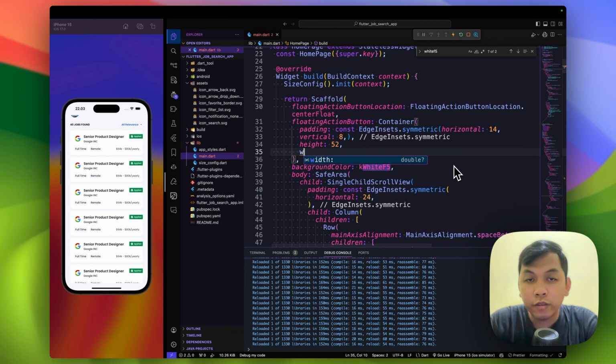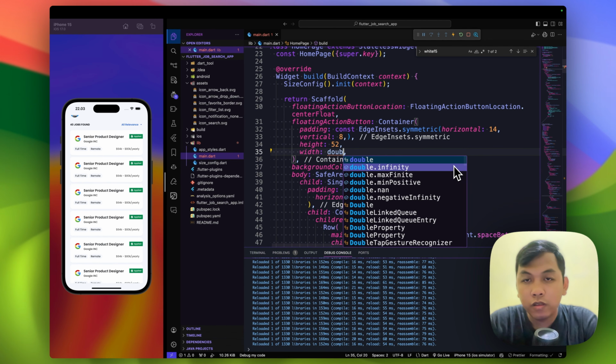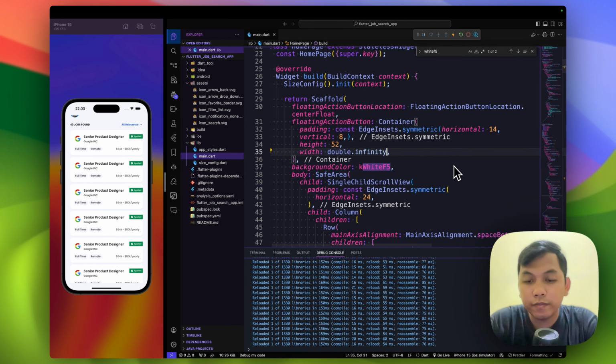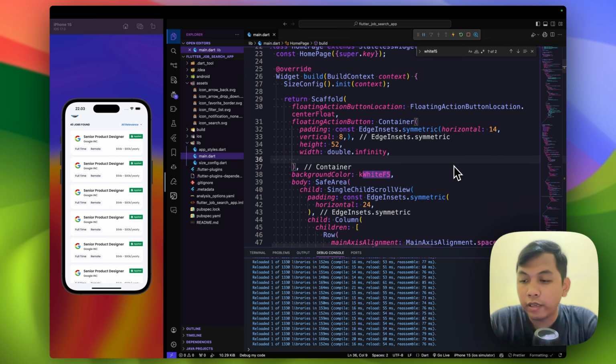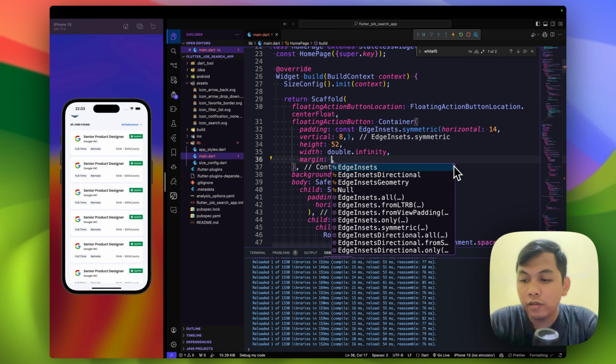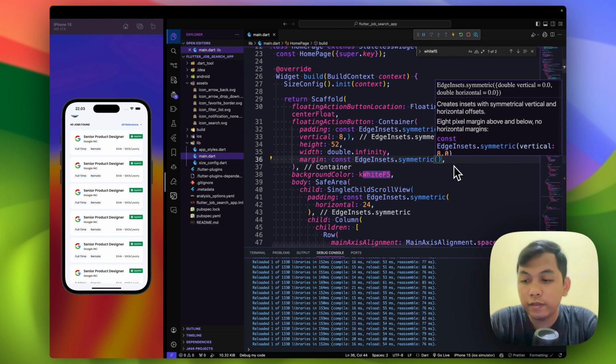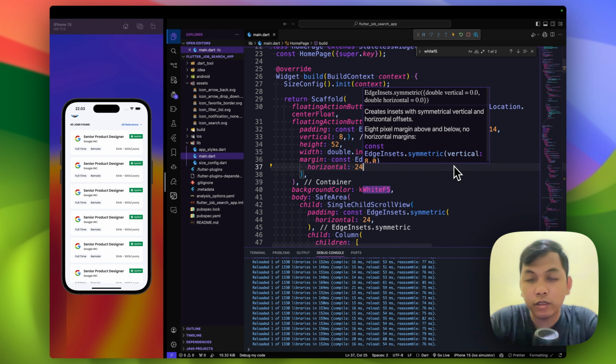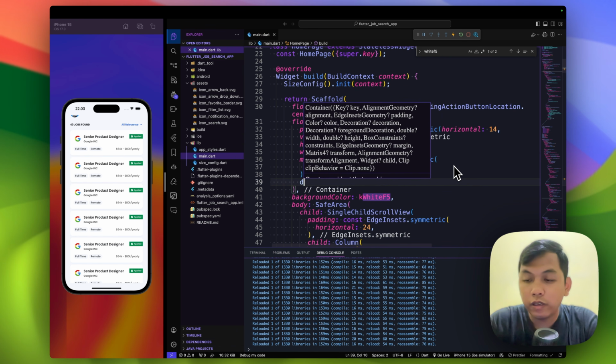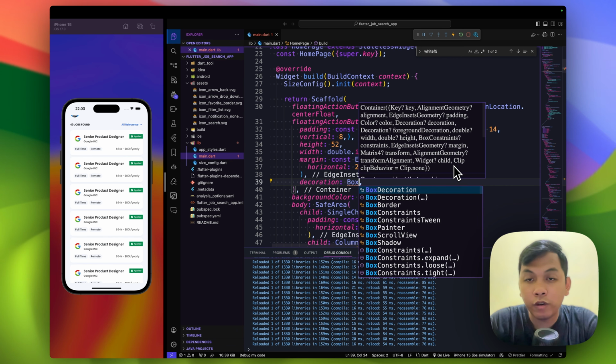Here the width will be double dot infinity, and next margin will be symmetric, horizontal 24, and decoration will be box decoration,